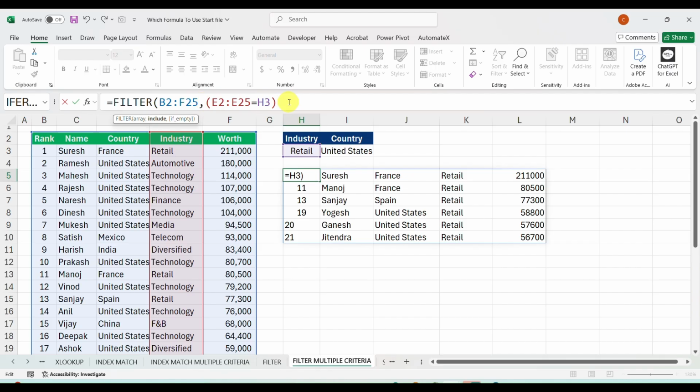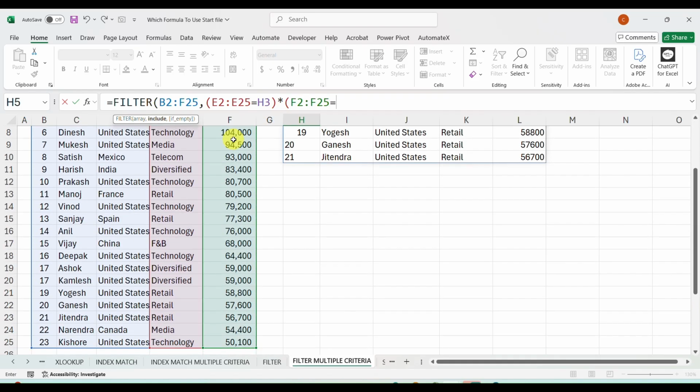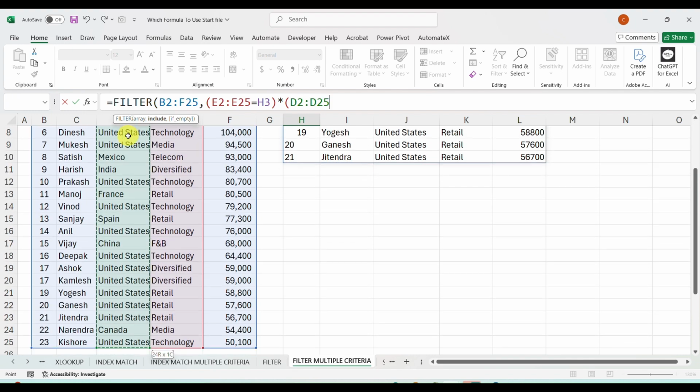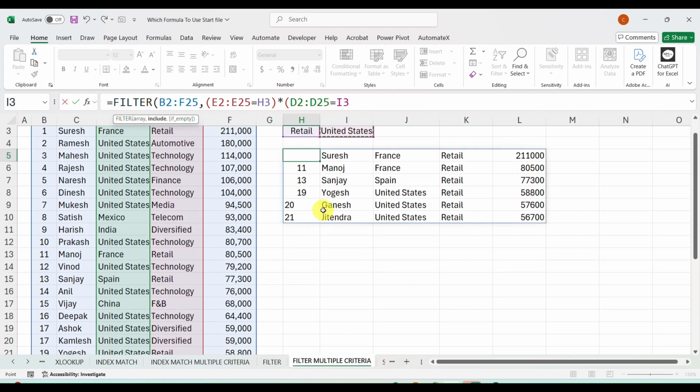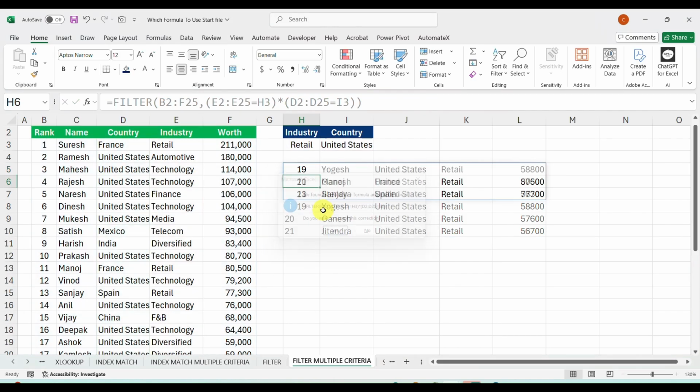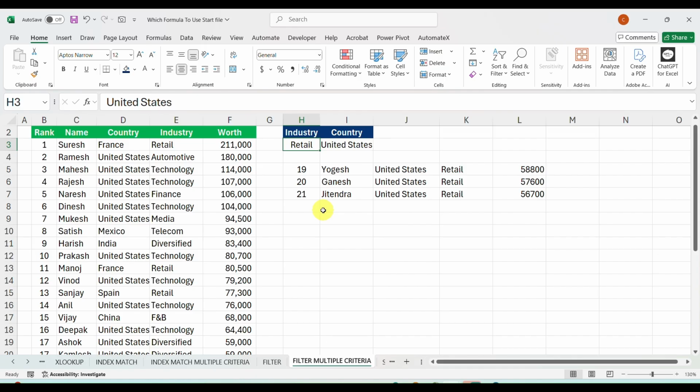Okay. And after the bracket, press this star key, that means and, again open a bracket and select this one also, and this is equal to... my bad, why I'm selecting this, you should tell me na. We have to select the country because another criteria is the country, this one. This is equal to this. Close the bracket. You will have to close it twice actually because two formulas are being used here. See, Excel is so smart, even if you are doing a small error, it will suggest you to do it rightly.